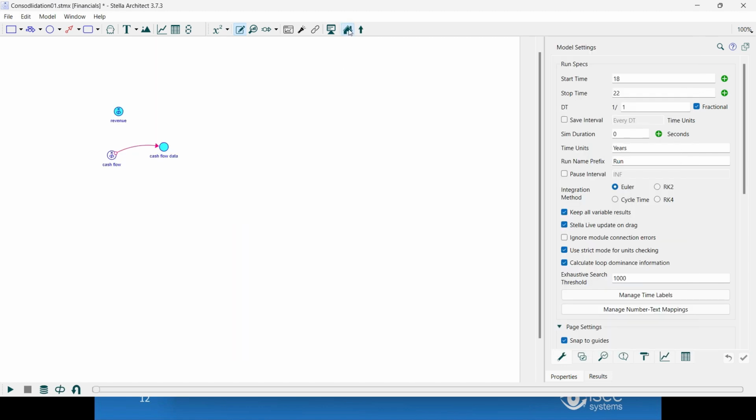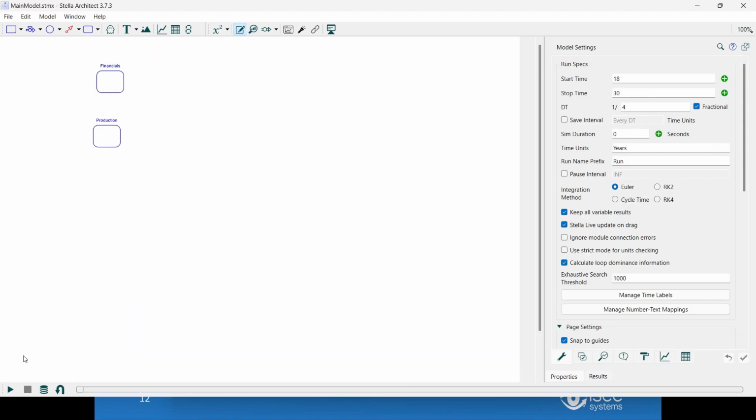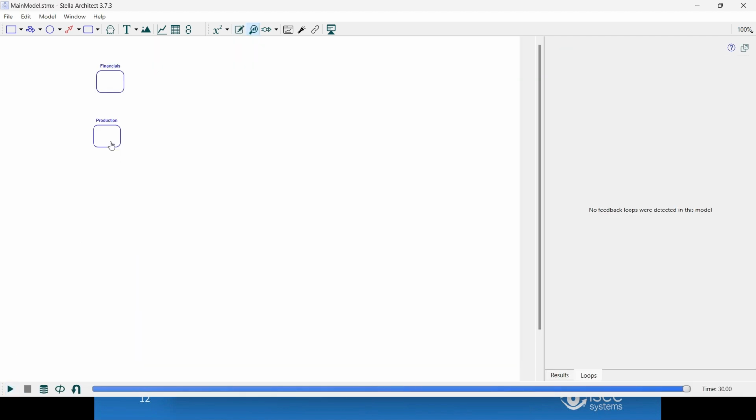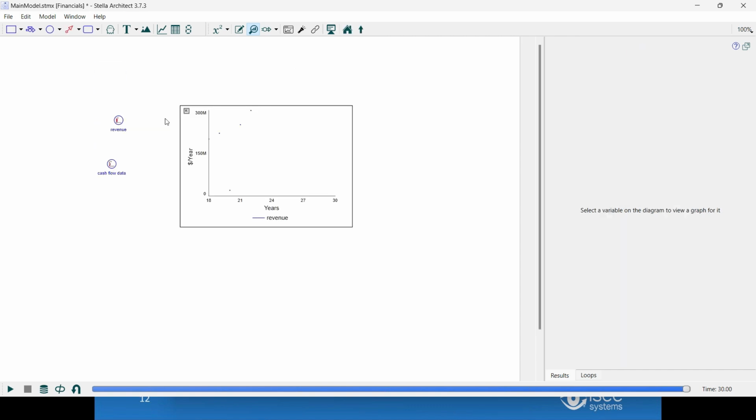And my production model takes finishing and makes a thing called finishing data and exports that. And now if I run this model, I can check to make sure everything exported just happily. And now if I go back to my main model, I can run it. And if I look at production, I should get the production values that were coming out of